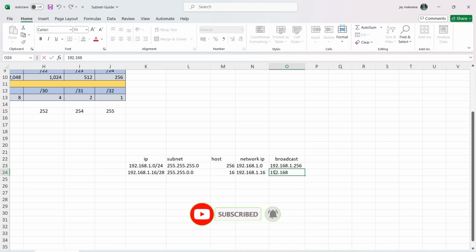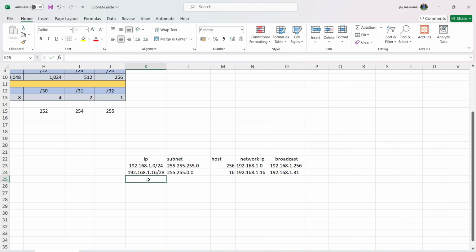So 192.168.1 dot, and 16 plus 15, which is 31. Okay, cool. Let's calculate for one more IP, which is